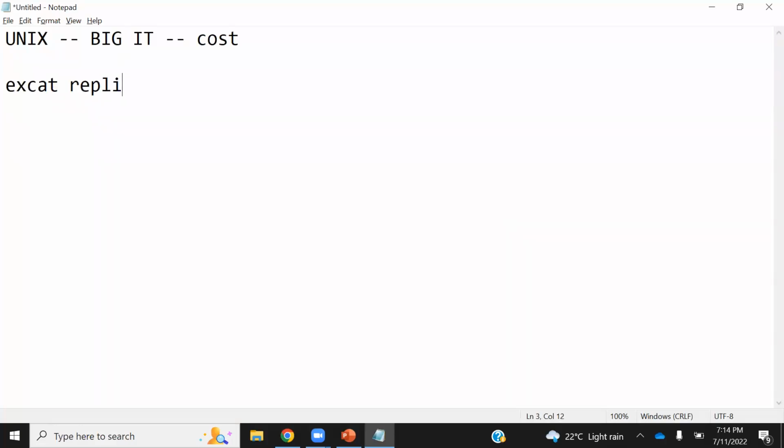Exact replica of Unix. And he named it Linux. Now, before people could do much about it, he made it free. He gave it free to everyone. He gave the source code and now it became free. So something which was damn costly in the 1970s, 1980s, and 1990s came as free. Now, if it comes as free, everyone adopted it. Whether it's a small company, a big company, or a medium-sized company, all the companies adopted this software.